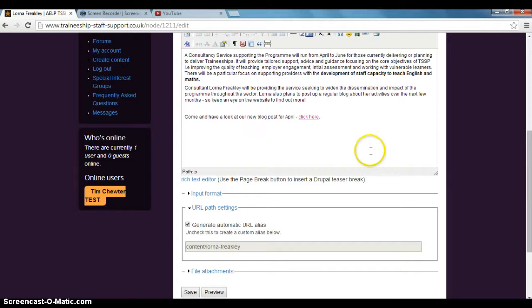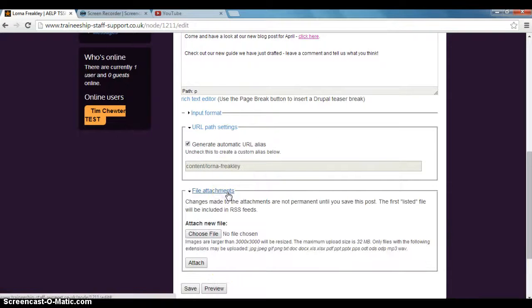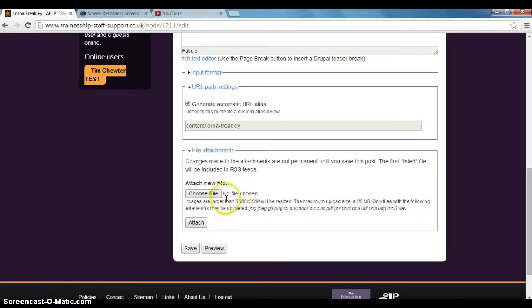So it may be that you also want to add in some information about a new resource that you've just produced. It may be in draft. You might want people to come and feedback on that resource. And so you might say, check out our new guide we have just drafted. Leave a comment and tell us what you think. Okay, and so I've just typed that in, and then I would go on File Attachments, and I would upload